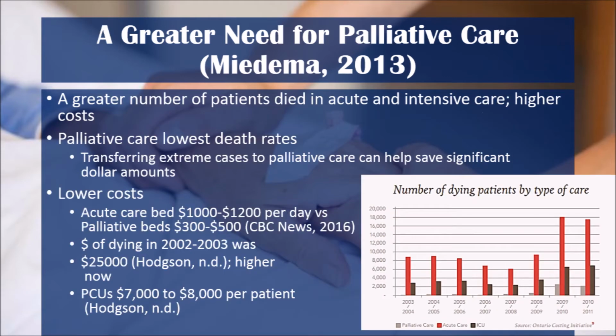Mortality rates were significantly lower in palliative care units, and the report published by the CHPCA suggested if patients from acute care units and ICUs were transferred to PCUs, the system could potentially save a significant dollar amount. A day in an acute care facility costs approximately $1,000 to $1,200, while a bed in a palliative care unit in a complex care facility would cost about $300 to $500. There is strong evidence from the studies done by the CHPCA that suggests palliative care units and palliative care teams can reduce the cost of hospitals by $7,000 to $8,000 per patient.